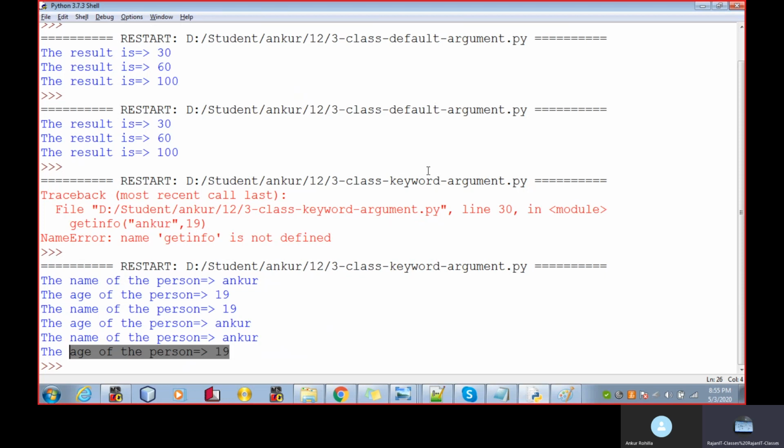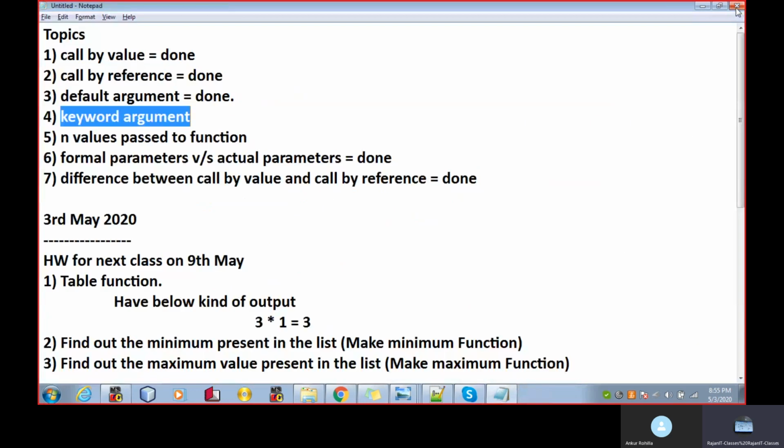So let's see in brief what we discussed so far in today's class. Let me see all things. So this is in the third class, third argument.